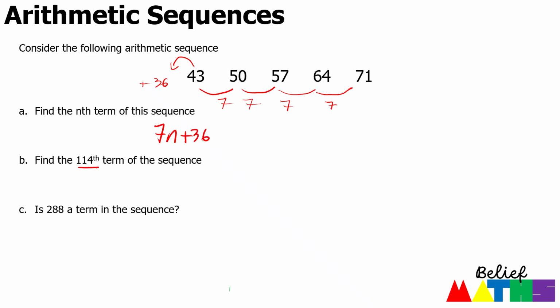It asks us for the 114th term. That just means n equals 114. So we do 7 times 114 plus 36. And again, just put it in your calculator. It'll do the work for you. And that gives you